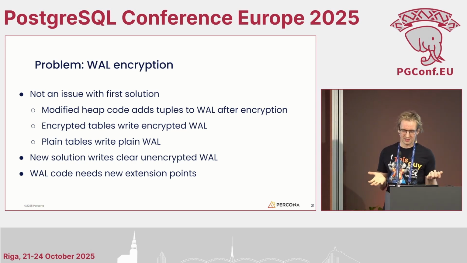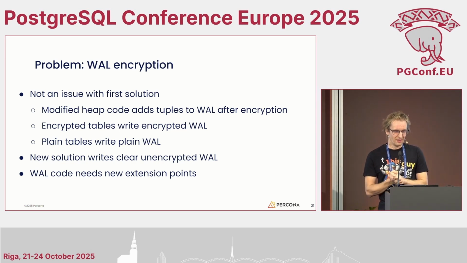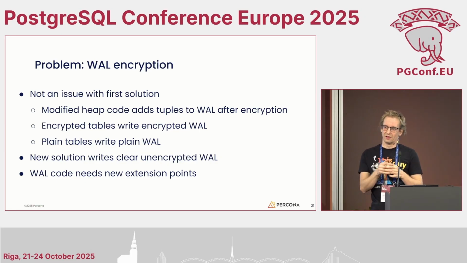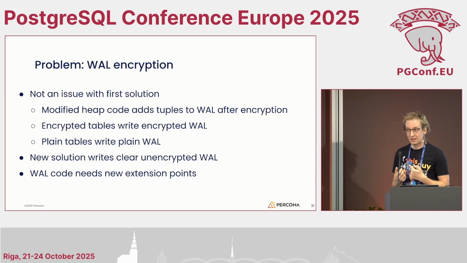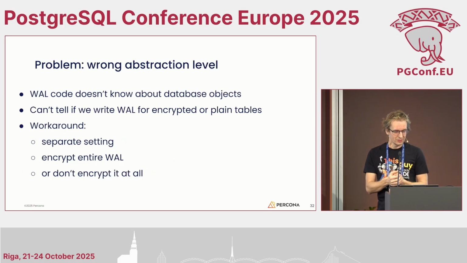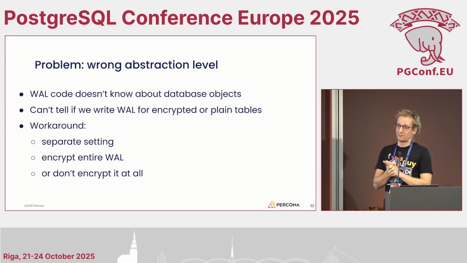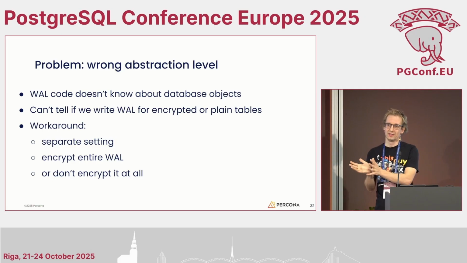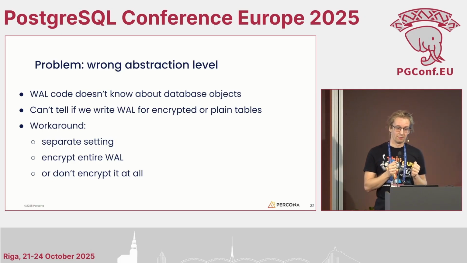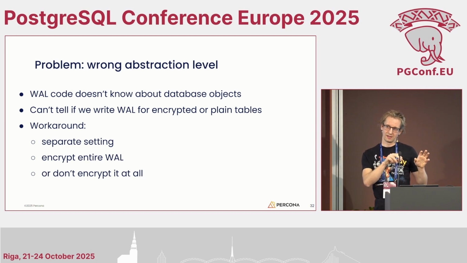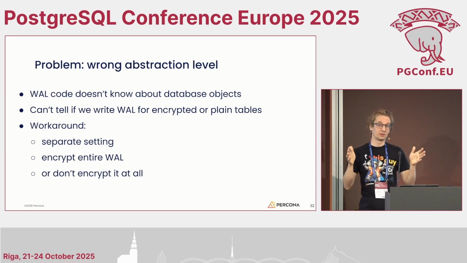But with the new approach, this was no longer possible because WAL works completely differently, and we had to add extension points for it. So these extension points again had the same issue as our storage manager extension points. Basically, every time we are writing a WAL page or reading a WAL page, we can call our encryption or decryption code. But this means that we are again at the wrong abstraction level, because we are dealing with WAL pages, and we have no idea about the WAL internals there. We just have like 8 kilobytes of data there.